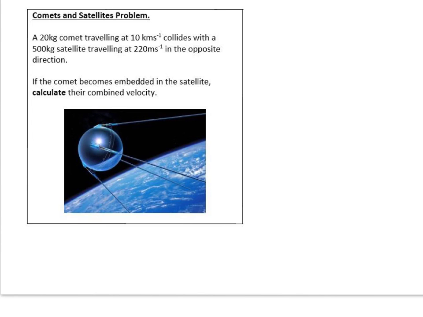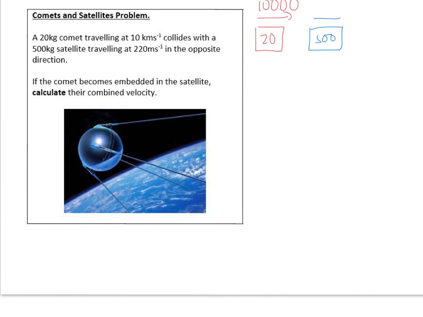Okay, so in this video we're going to take a look at some conservation of momentum type problems. So we've got a 20 kilogram comet traveling at 10 kilometers per second, going at 10 kilometers per second, so that's 10,000 meters per second, and it collides with a 500 kilogram satellite